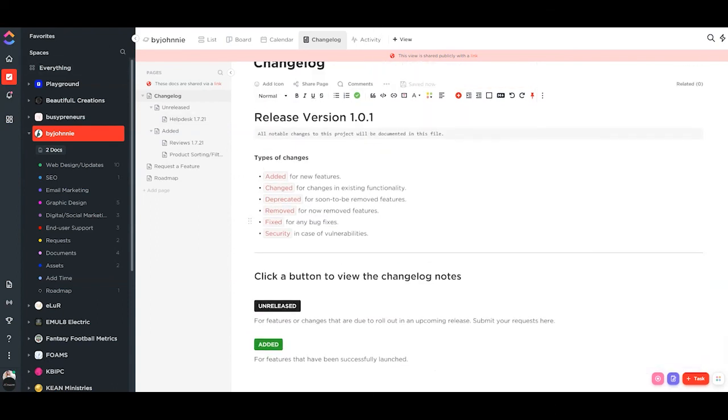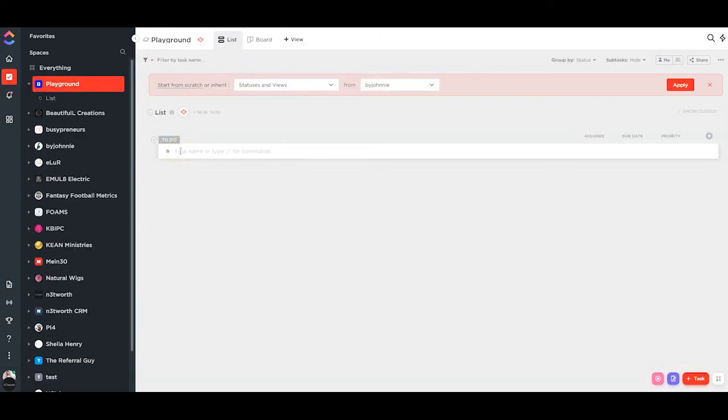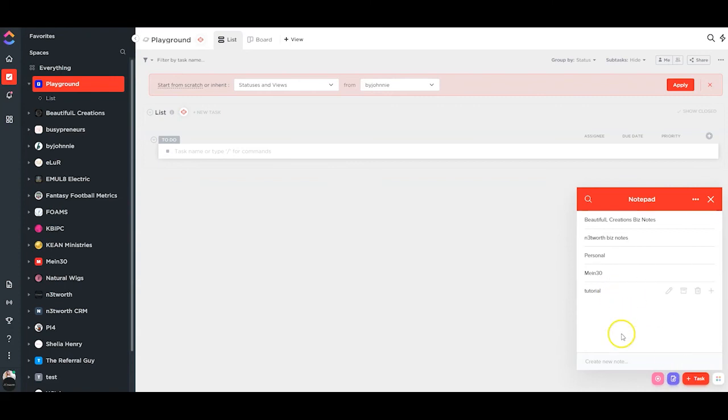Also, just as a little tidbit, ClickUp has notes. You can press P on your keypad, or you can just go here and choose Notepad. So a notepad, honestly, is just going to be something I use to jot down quick notes. But to create one here, fun thing about these notes is whatever you create here,